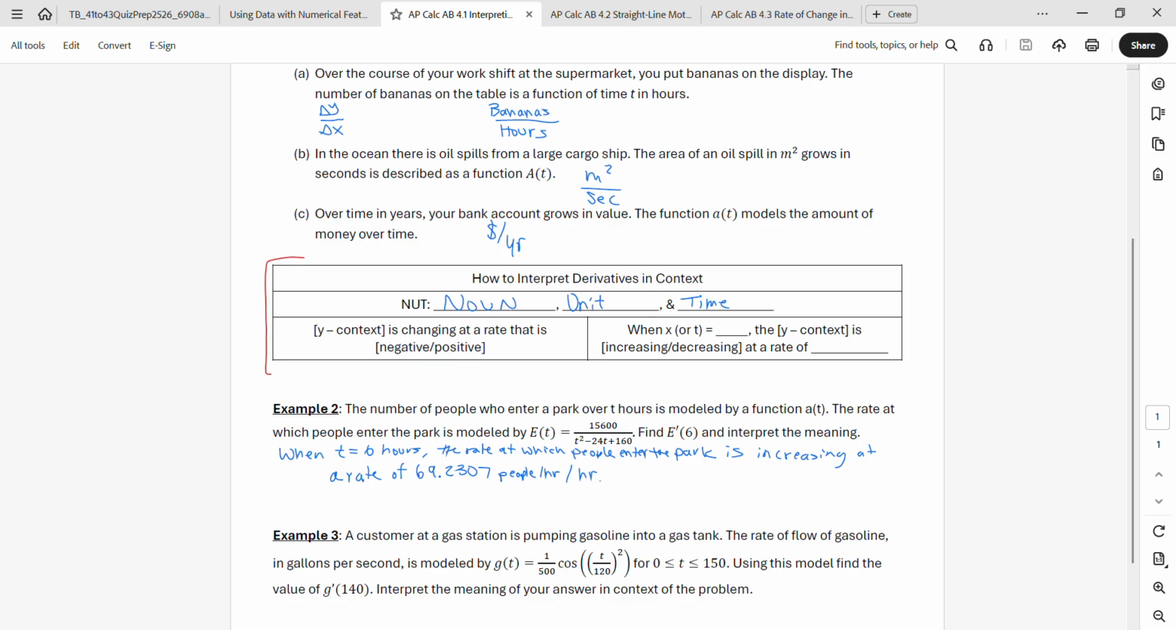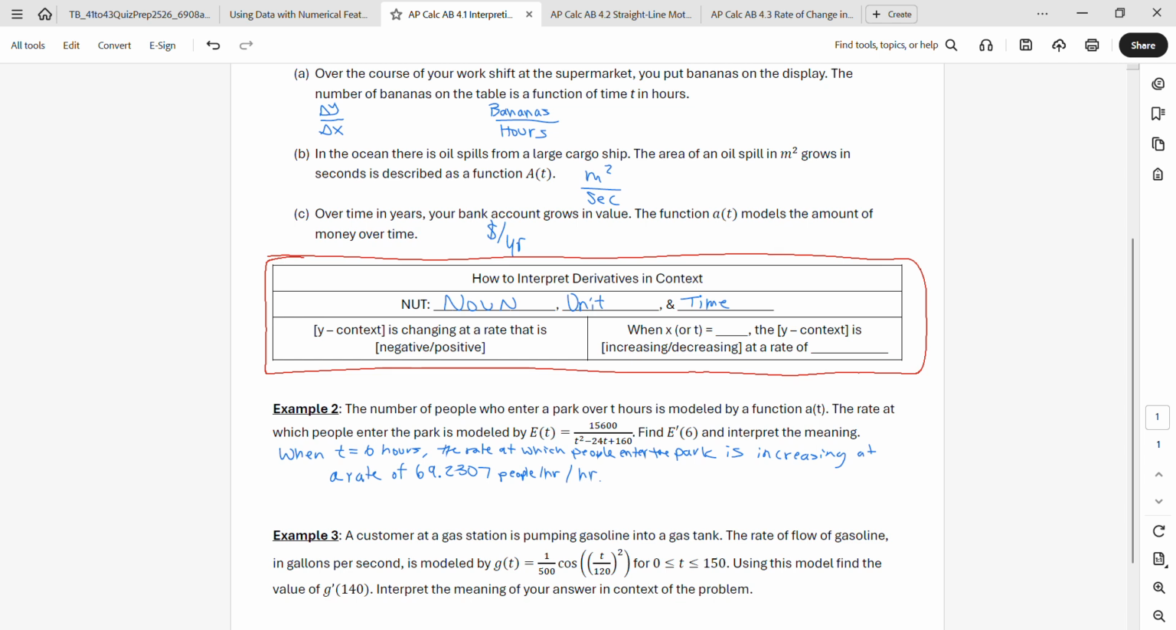Noun, unit, time. Understanding how we construct a proper response for a story problem, right? These numbers actually mean something, okay? And that this works for any type of scenario. Even knowing what the correct units are is important, okay? So example 2 is a great example,